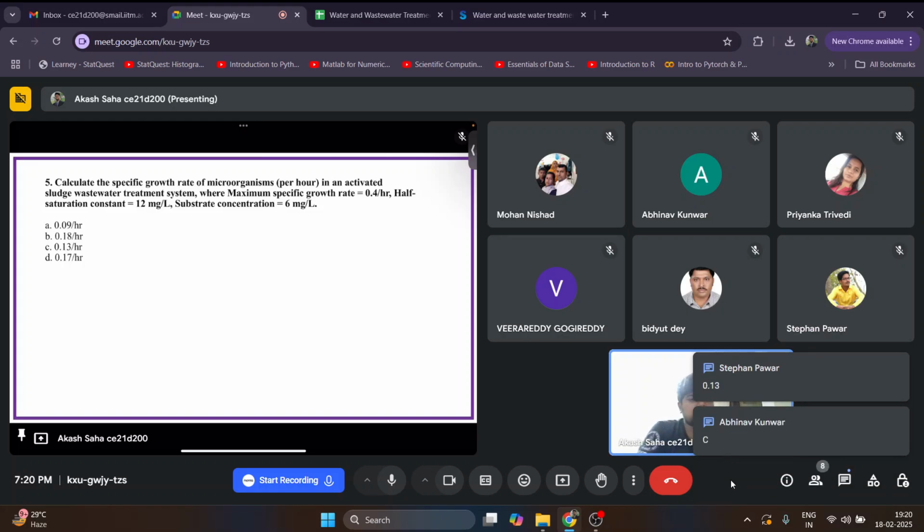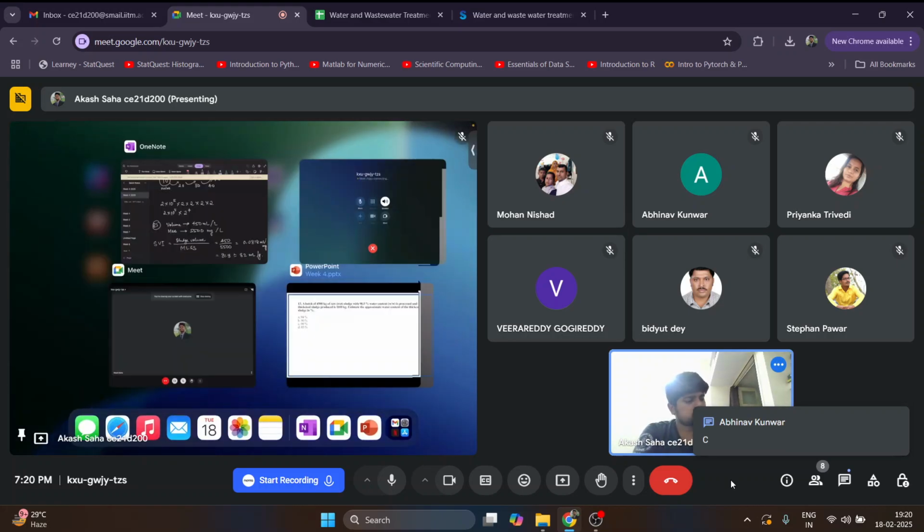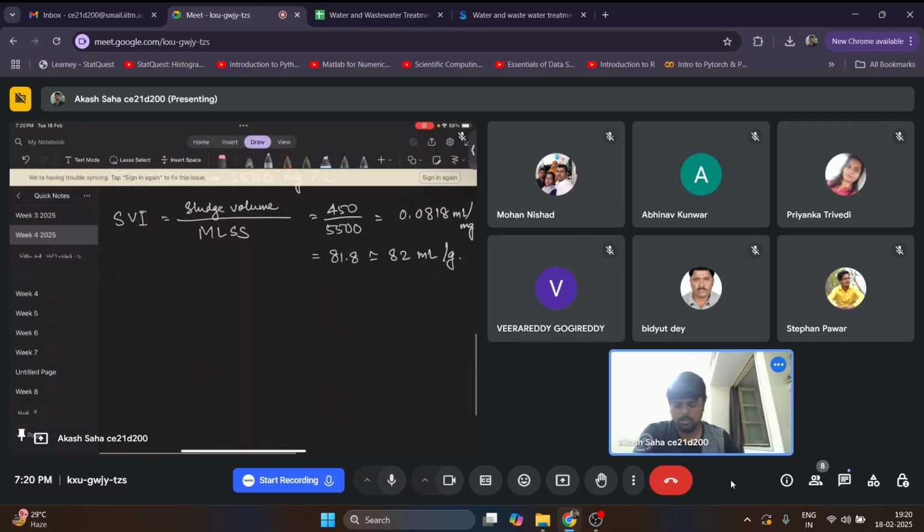0.13, definitely. Yes, that is the correct answer. For others, I will just give you the formula. It's question number 5. To find mu, we have Monod's equation: mu equals mu max S by Ks plus S. Here mu max is the maximum specific growth rate, S is the substrate concentration, and